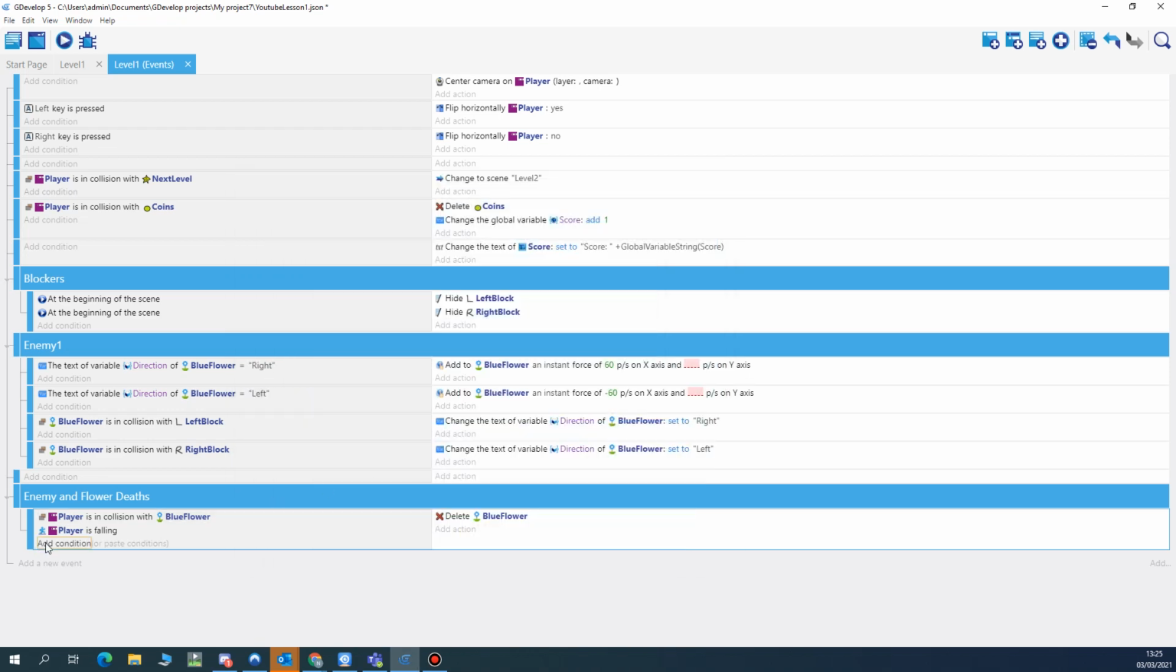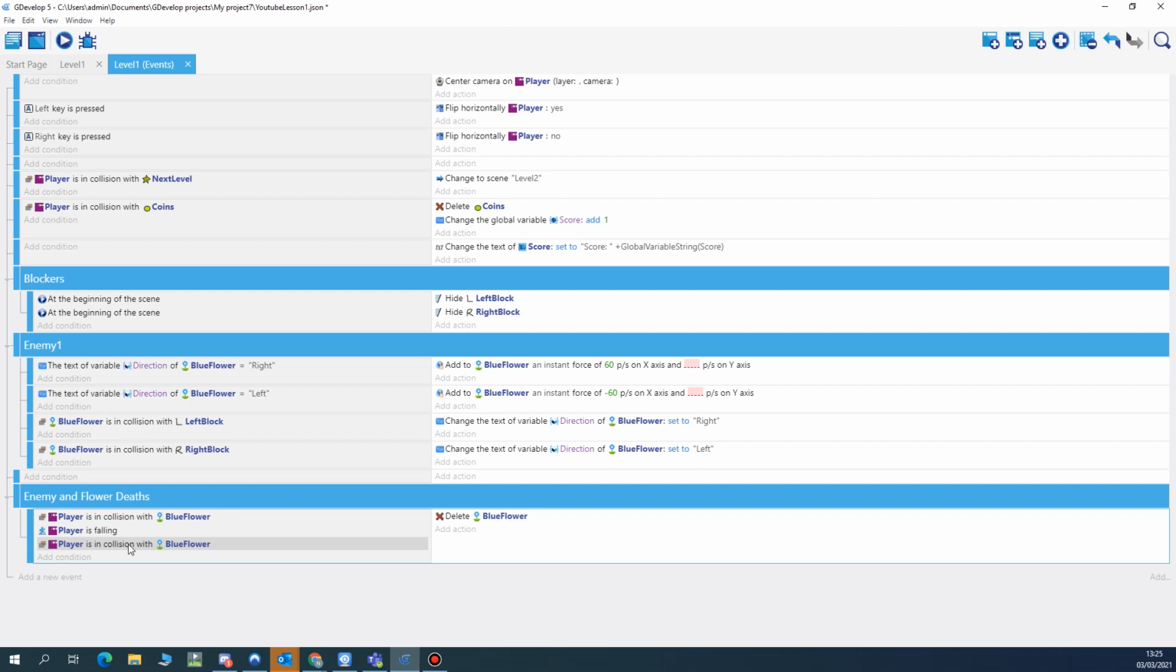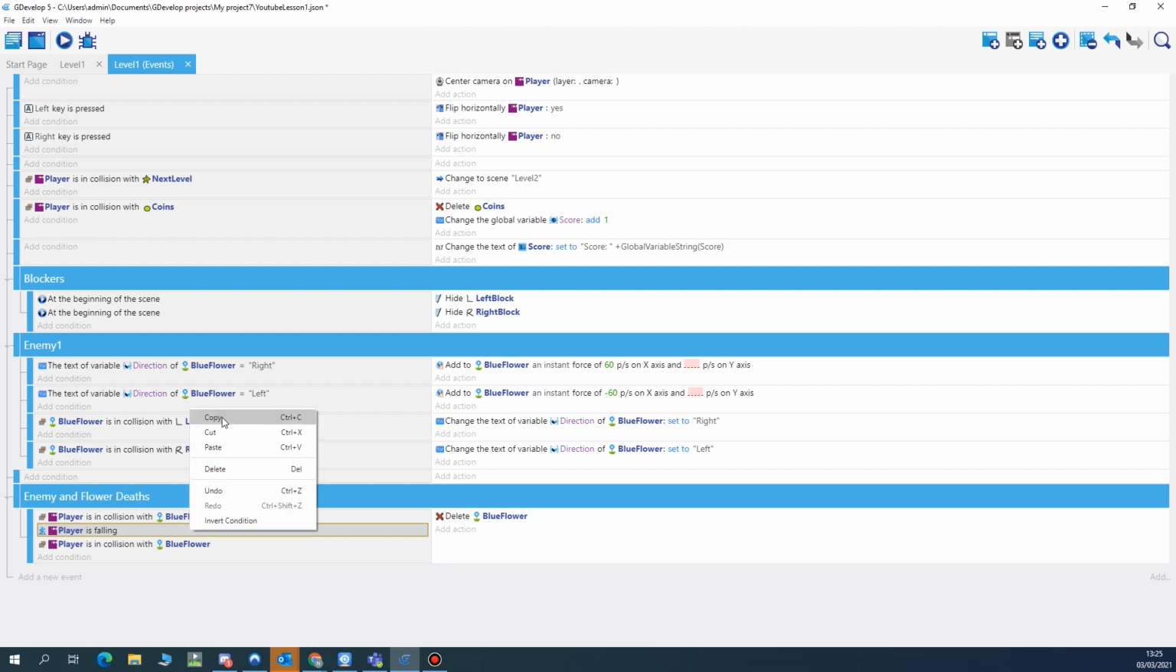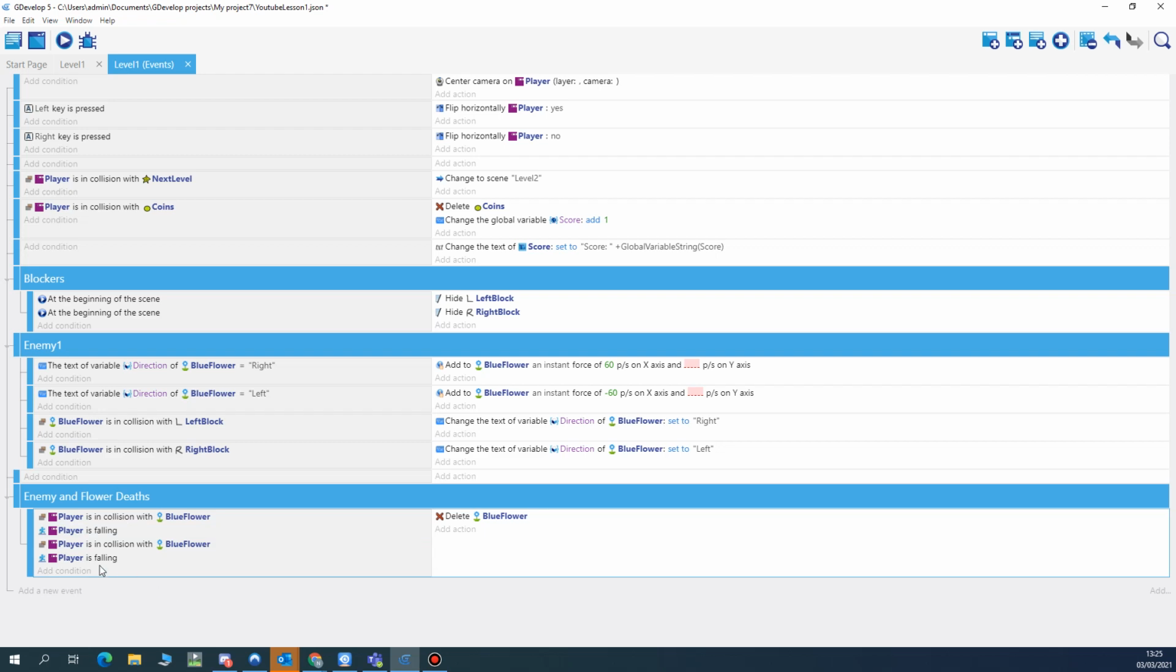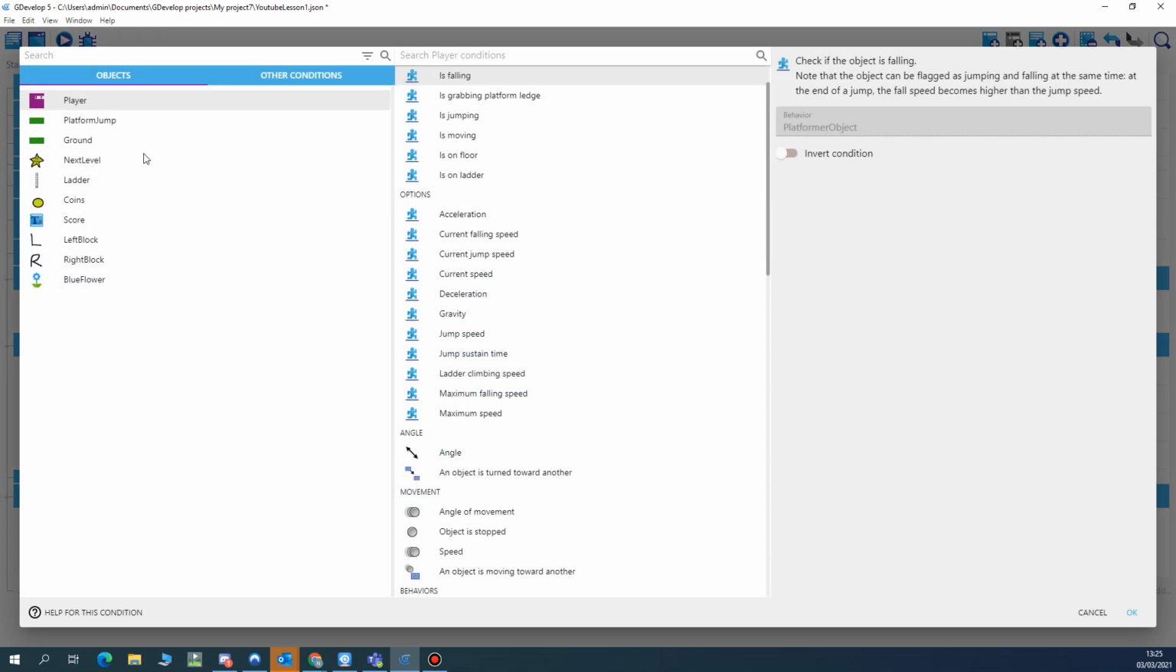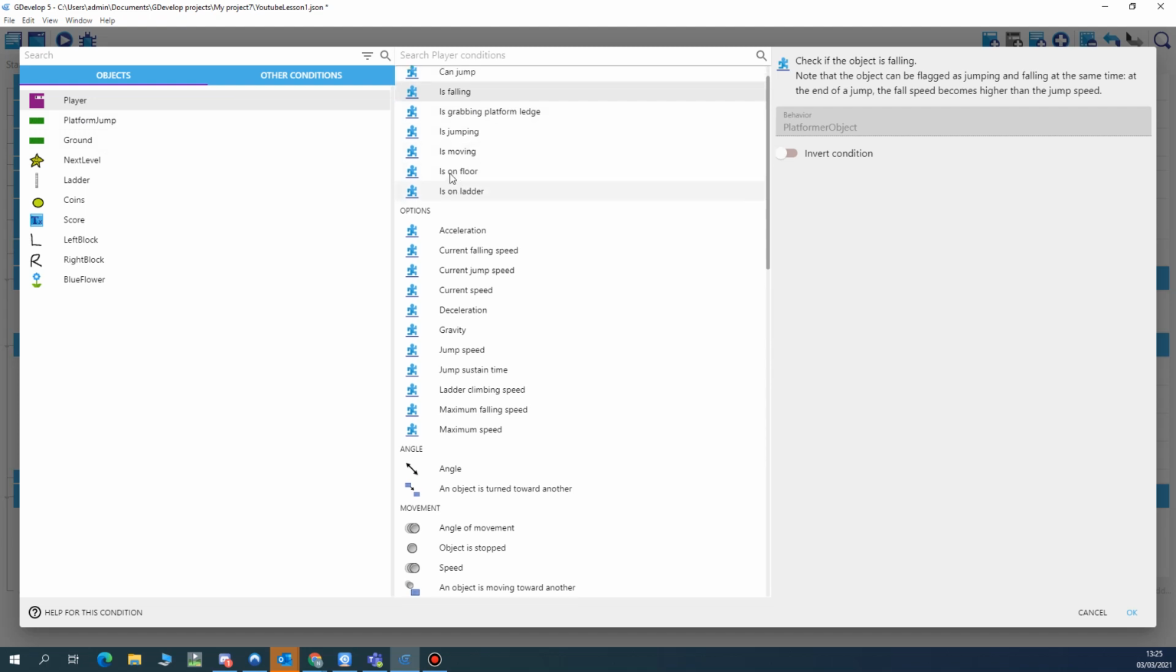So I'll add a new condition in, and if we click the box here, we get this. We can right click and we can do copy, and if I go to add new condition and move across, I can click paste. I'm going to do the same again here. Copy and paste, but this time I'm going to change is falling. So when the player is on the floor,